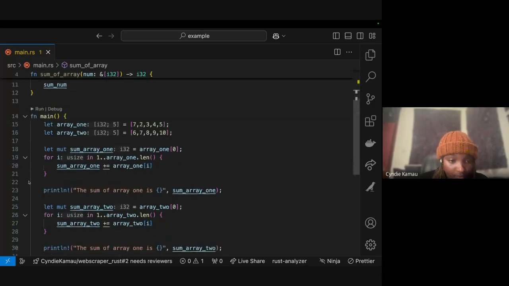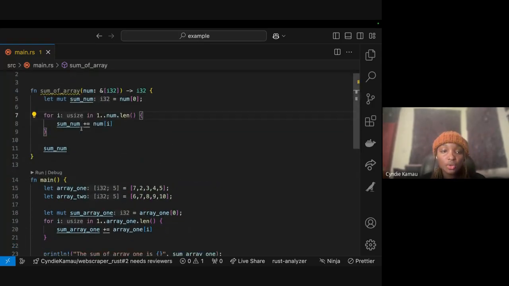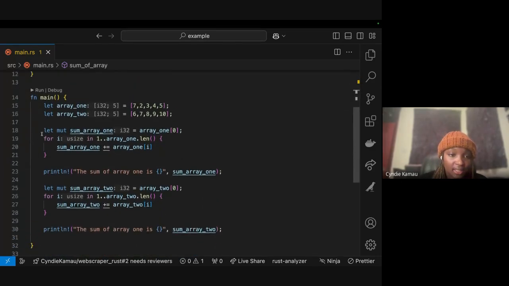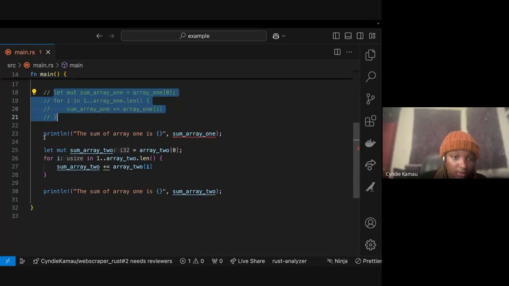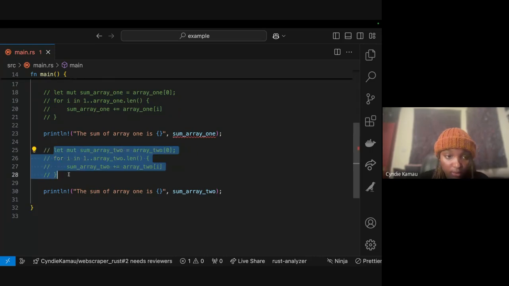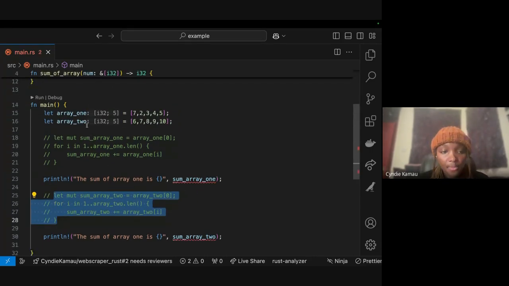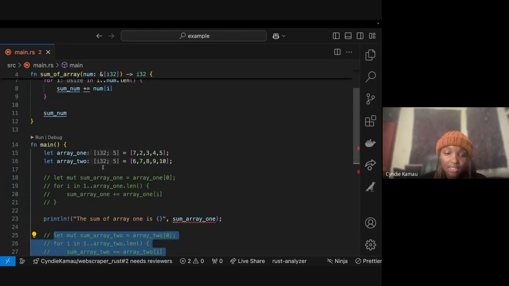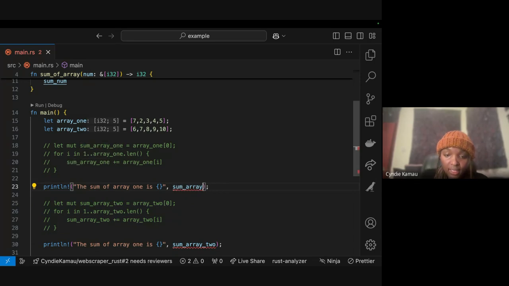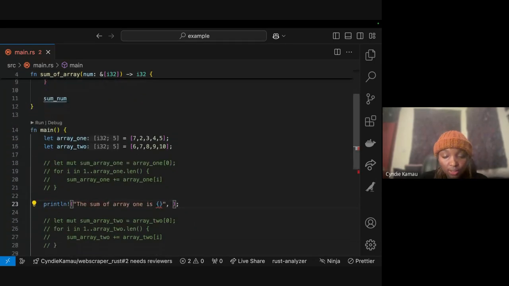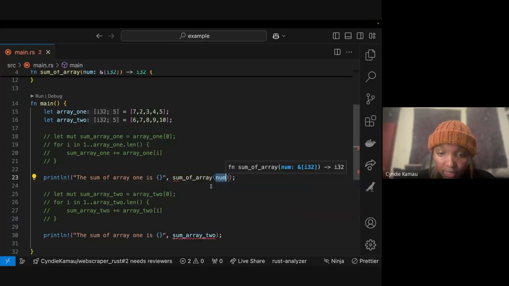Okay, so we have this function. We've written the sum of an array and all these things. So when we come back here, let me just comment out all of this. When I come back now, I have my array 1 and my array 2. If I want to print out, I can always call the function, which is sum of array, and then I borrow.